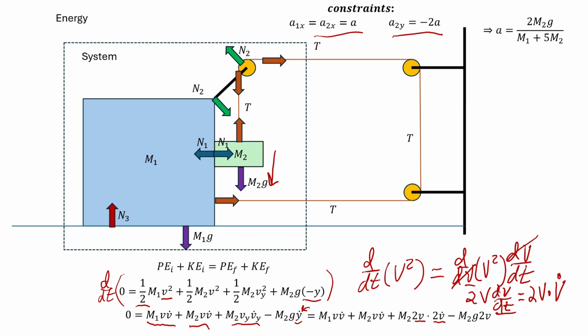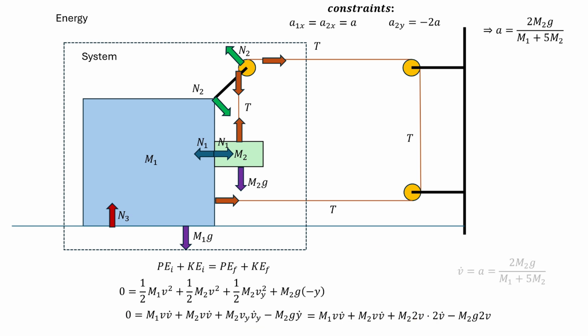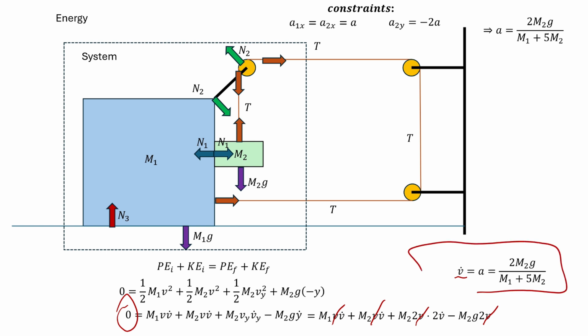So the point is, if I clean all of this up, this all equals 0. I end up with something that I can solve for v dot. You might say, wait a minute, what happened to all the v's? Well, look, this has a v, and this has a v, and this has a v, and this has a v, and the whole thing is equal to 0. So I can divide everything by v, and the v disappears. The point is, after a small amount of algebra, I end up with this exact same result that I got